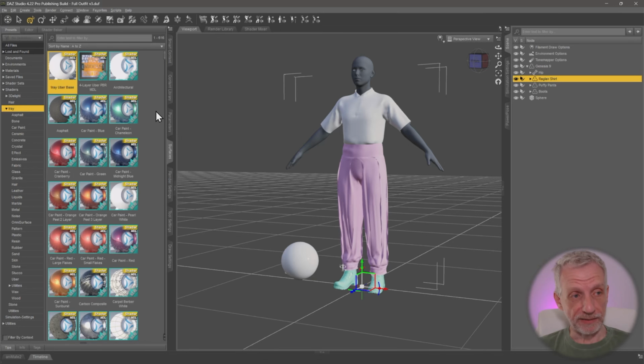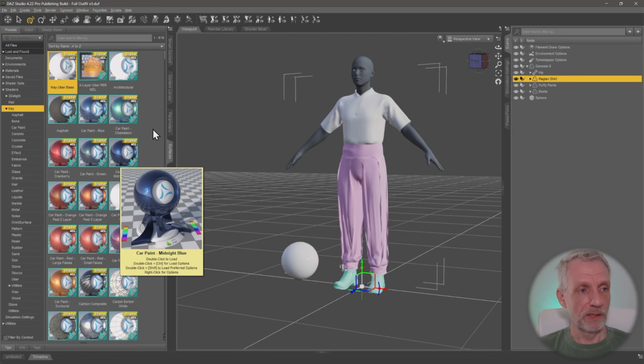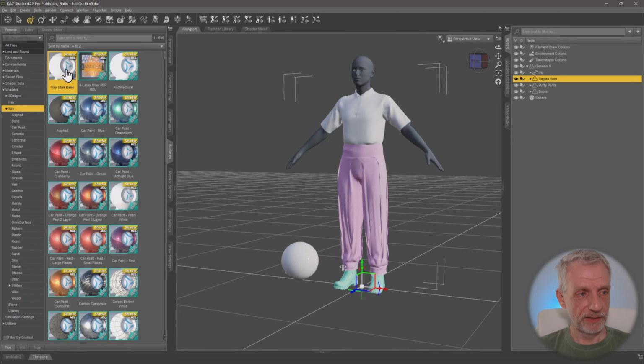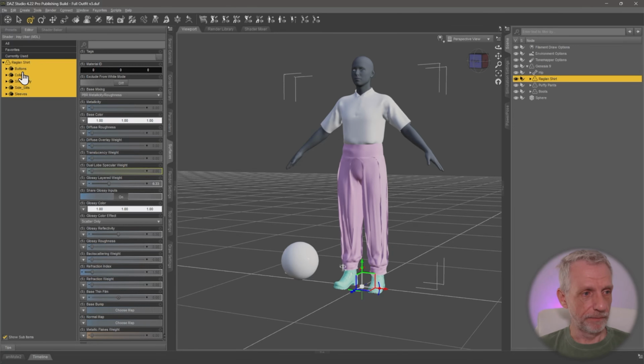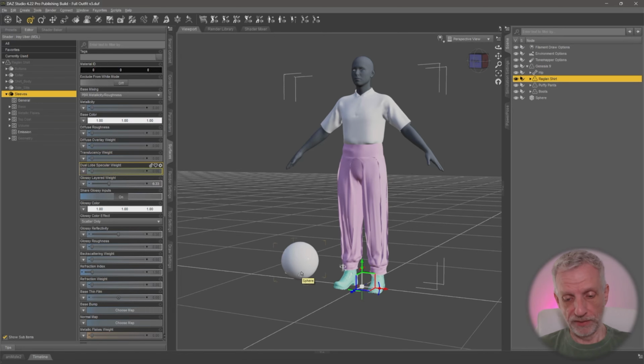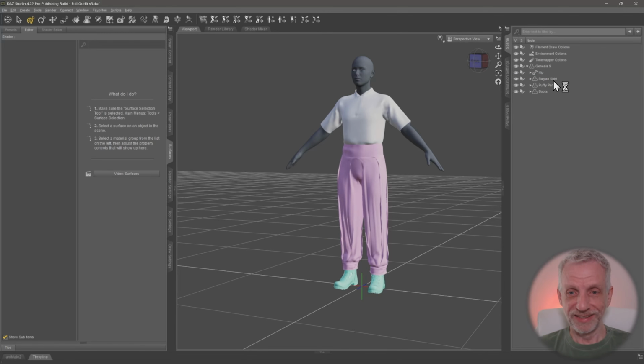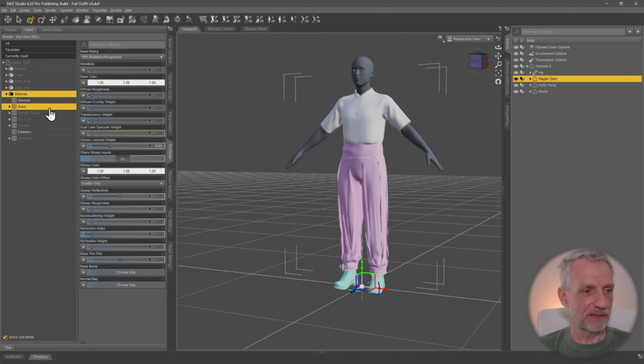If that is not the case in your installation of Daz Studio, if you see nothing, or if you see something else and not !Iray Uber base, you can try to navigate there via the content library. You'll find the same thing there. Or if you still don't see that, you may have to install the default resources that come with Daz Studio, because that's part of that. So all we need to do is apply that, double click it, and then if we go back into the editor here, then we see that all of these things are now set up just like they were on my sphere, which is good. I'm going to go delete the sphere, demo over,